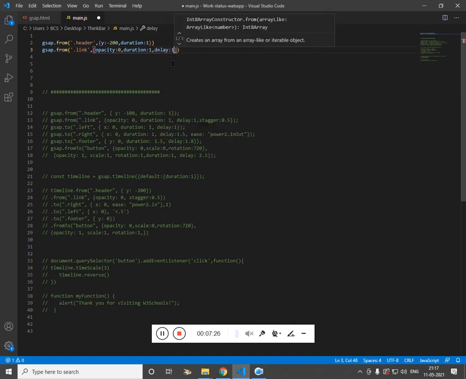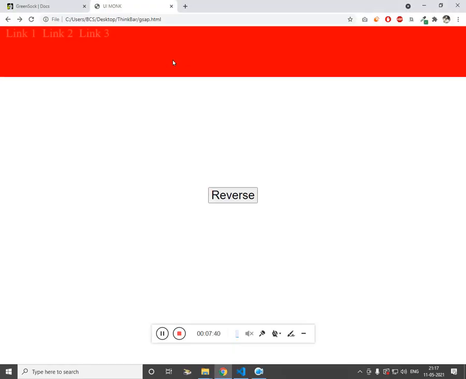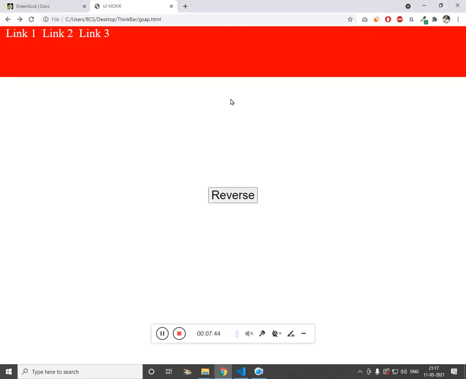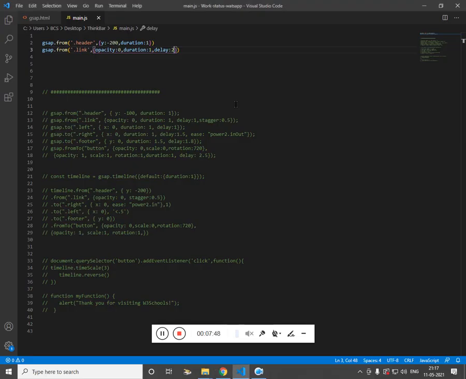What the delay does is make sure that once the page loads, after 1 second this animation shows up. So if I refresh, after 1 second this shows up. If I make it 2, it shows up after 2 seconds of page load.